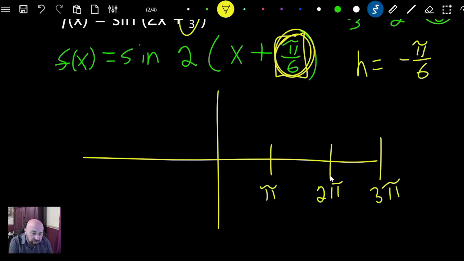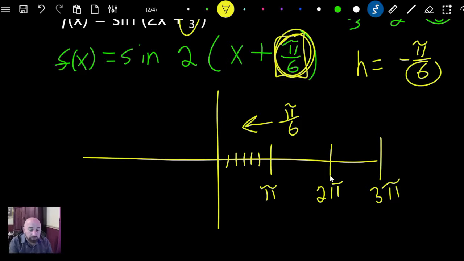So we're going to be shifting it to the left. How many spaces, how many positions? We're going to shift it over pi over 6 positions to the left. You might say, well, what does that look like? Well, if you break this up into 6 things, 1, 2, 3, 4, 5, 6,